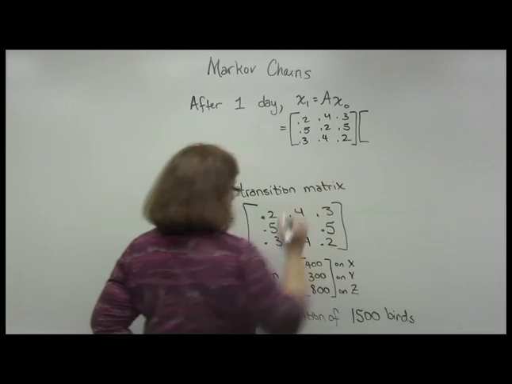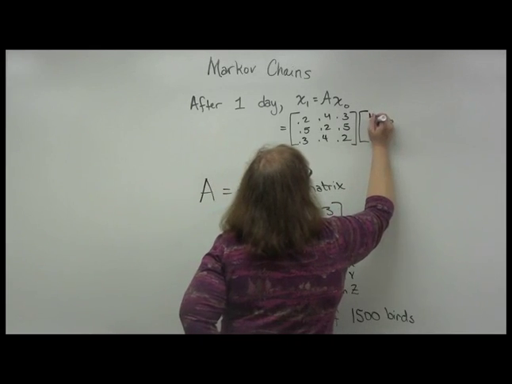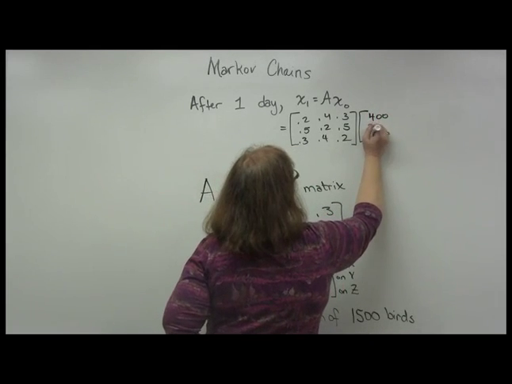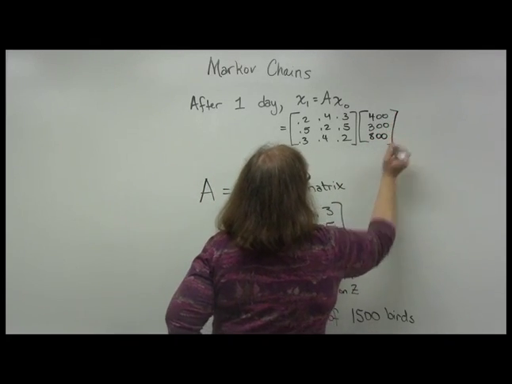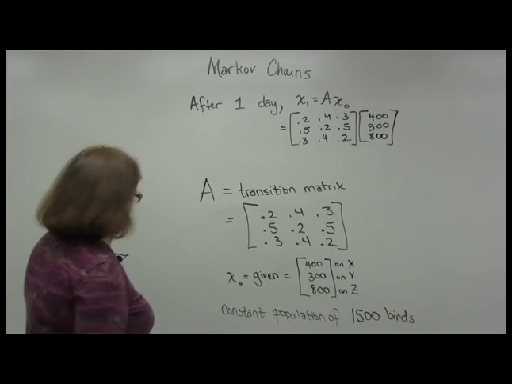I'll multiply that by 400 in the first row, 300 in the second row, 800 in the third row. I get